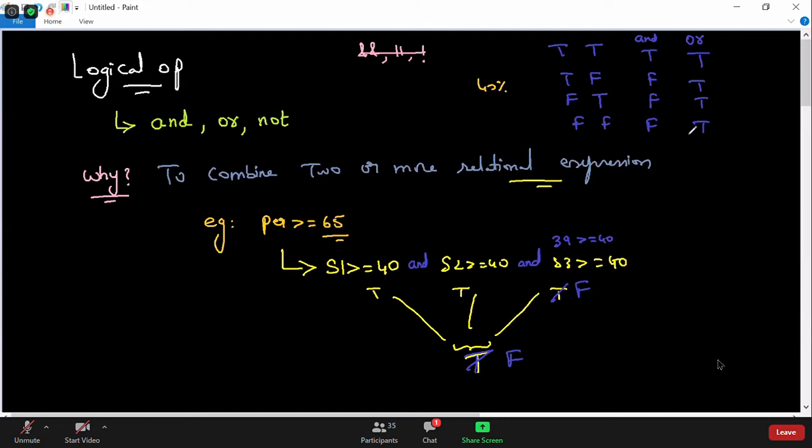Sorry, the last one will be false, because if both of them are false, then only the result will be false. So where we use the or operator is when we have to make sure that if any one of the conditions is true, I must get the result as true. Then we can make use of this or operator. Anyhow, we have some exercises to deal with. Let us go and talk about these logical operators and, or.